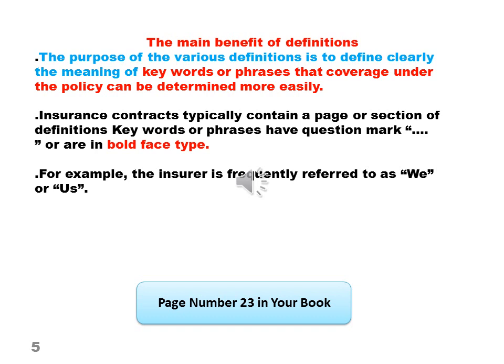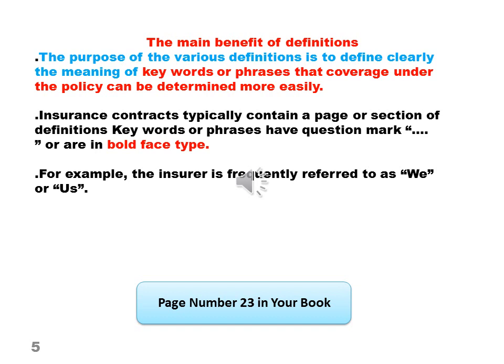Also in a life insurance contract, it is very important to know every keyword in your contract. For example, the insurer, I mean the insurance company, is frequently referred to as "we" or "us." What is the meaning of "we" and "us"? We or us means that the insurance company or the insurer may make any reinsurance or facultative